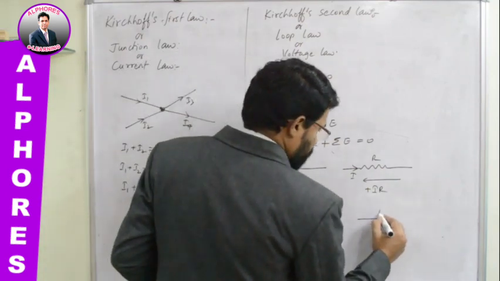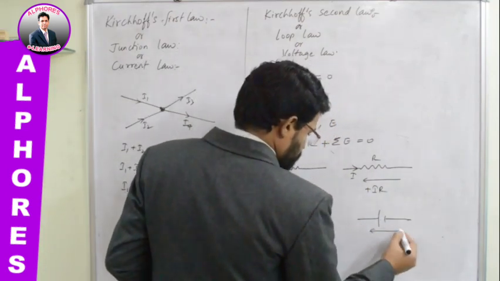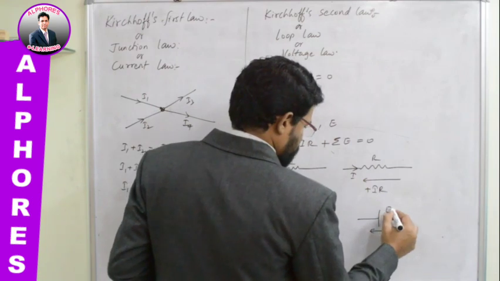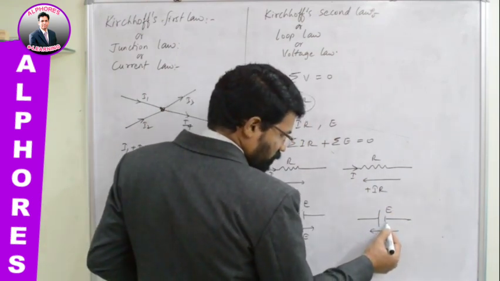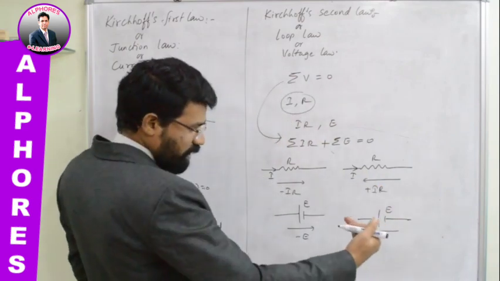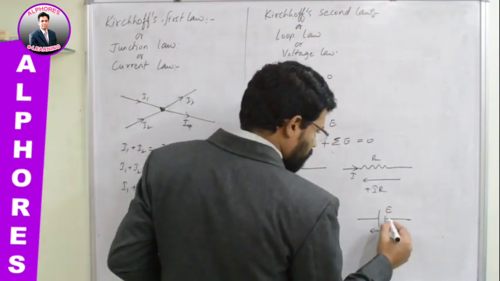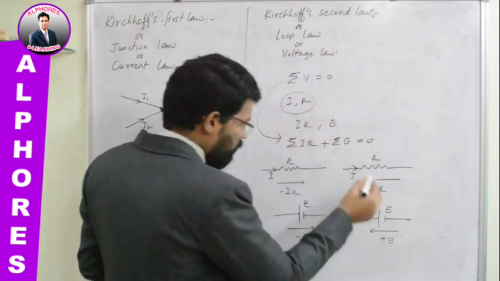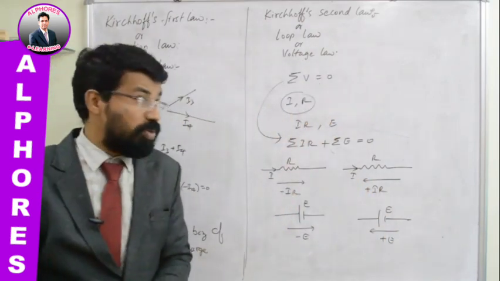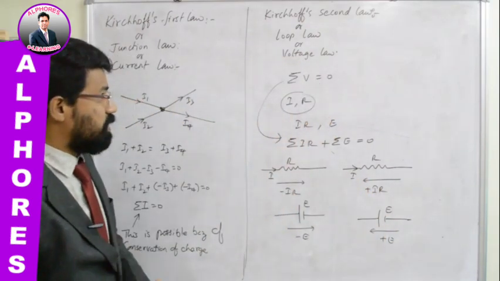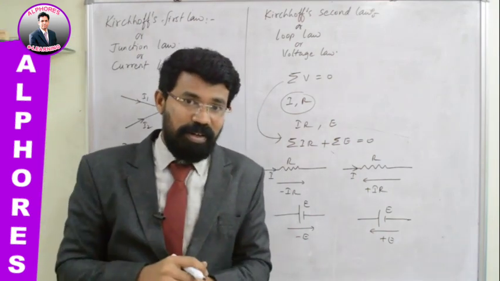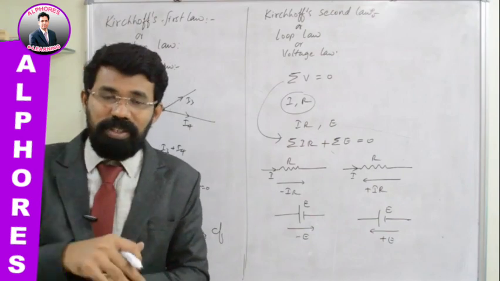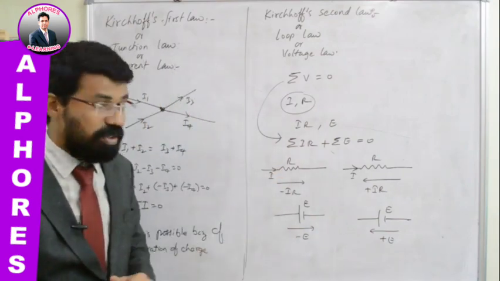And the other way, when you are tracing the circuit from negative to positive, here what is happening? You are tracing the element from low potential to high potential, like the increasing potential direction. So here you will take E as plus E. So these are the two sign conventions that you should remember to understand the problems connected with Kirchhoff's second law. If you are supposed to apply Kirchhoff's second law to add all potentials across the circuital elements, these are the two important rules that you should follow.